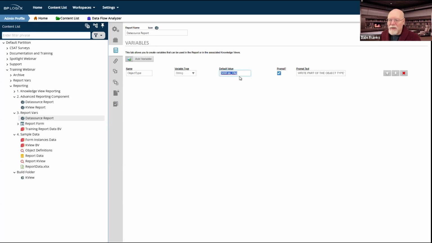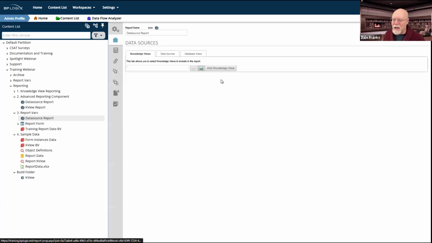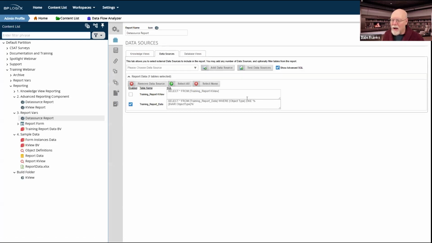What this does is it gives me the ability to create a report that has its own variables that I can start typing things in and hit run, and I can put in one or more parameters. And if I use that same like feature of SQL Server, and I'm just doing that loose text matching, the more filters I put in, the fewer rows my report would return and the more specific it would be.